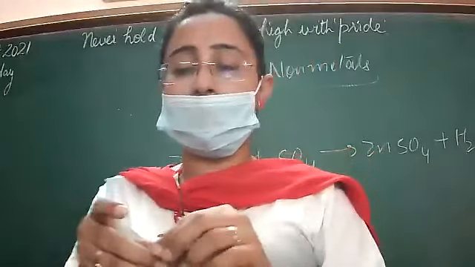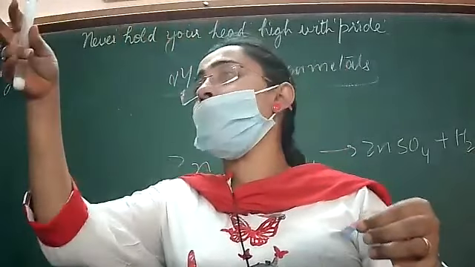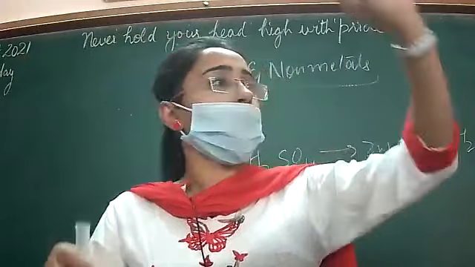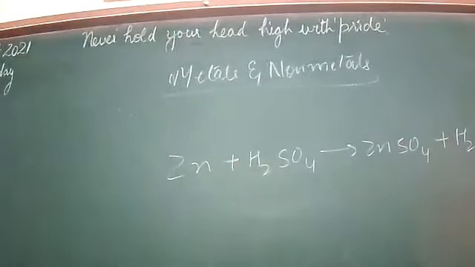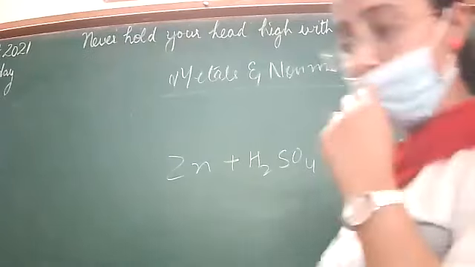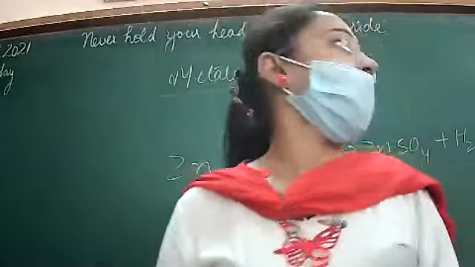ठीक, I have taken बेटे calcium oxide. I have made a solution that will form calcium hydroxide and which will turn red litmus blue. Done. You have seen the properties of acid and base. Now let us discuss